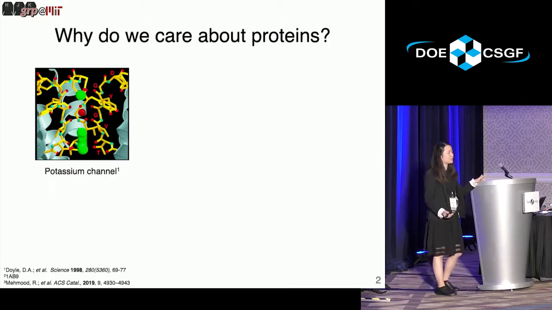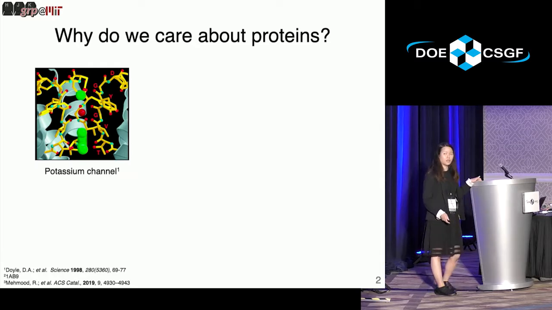So one thing that's really important to proteins is their structure. In the case of potassium channels, which allow potassium ions to pass through cellular membranes, there are dipoles along the inside of this channel that coordinate the potassium ion very specifically so that, for instance, sodium ions cannot pass